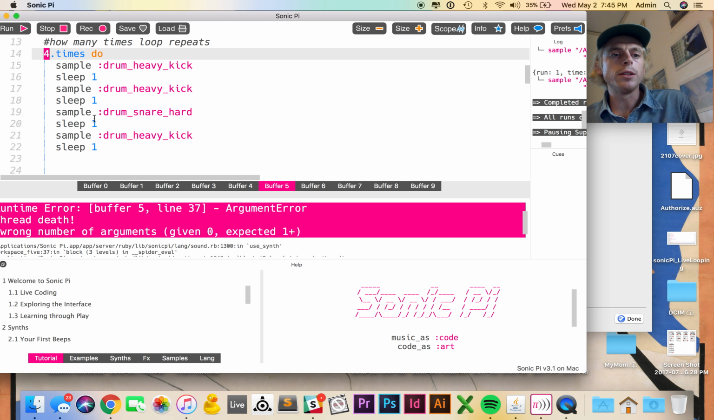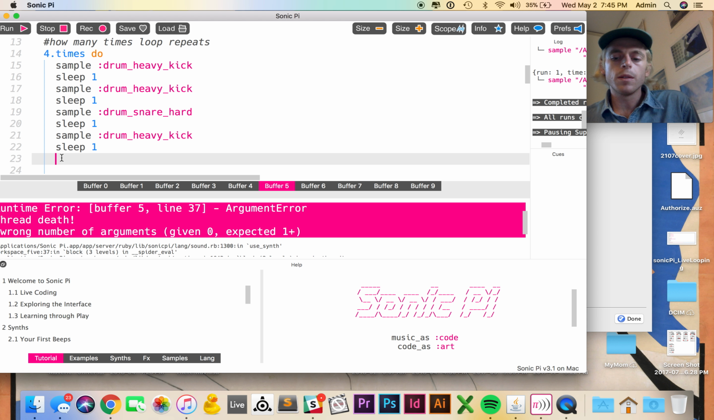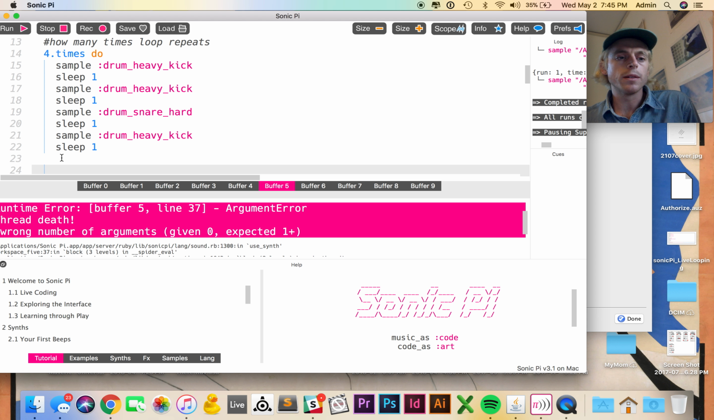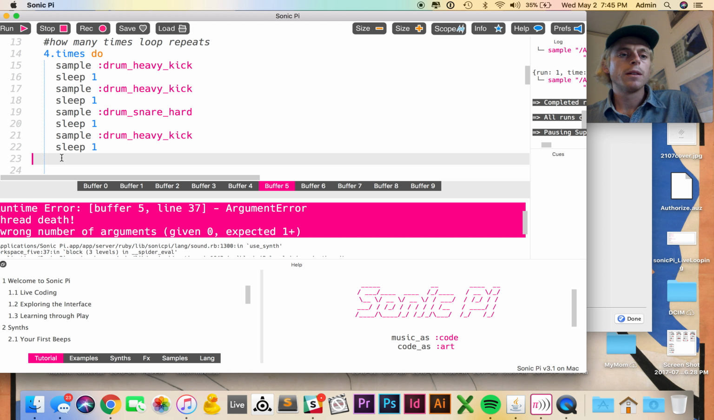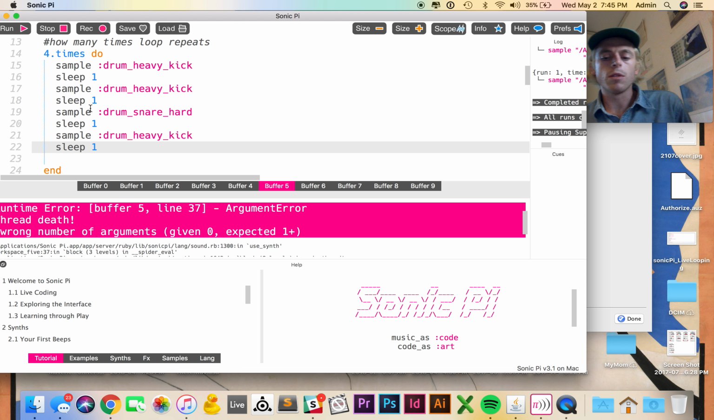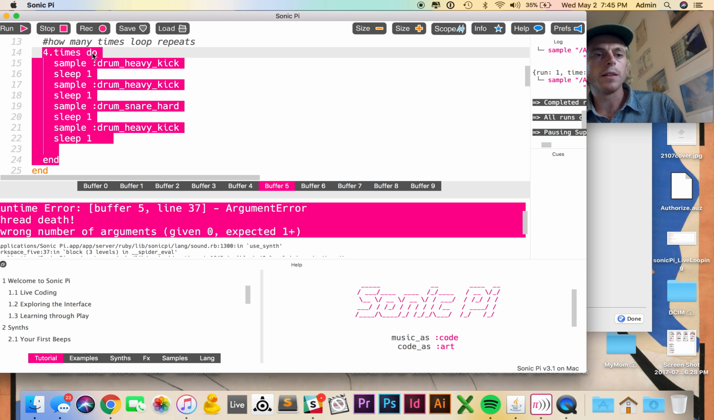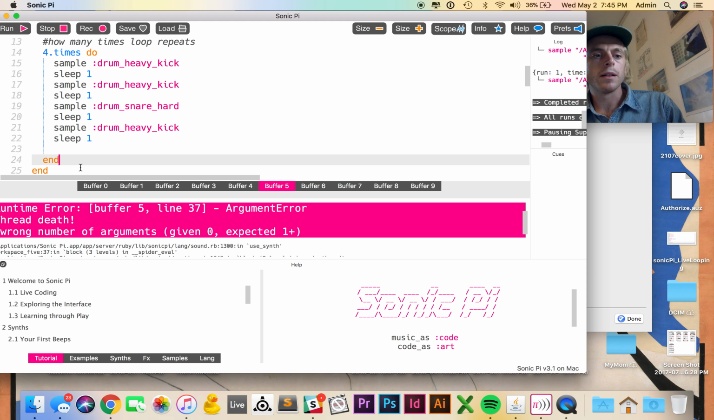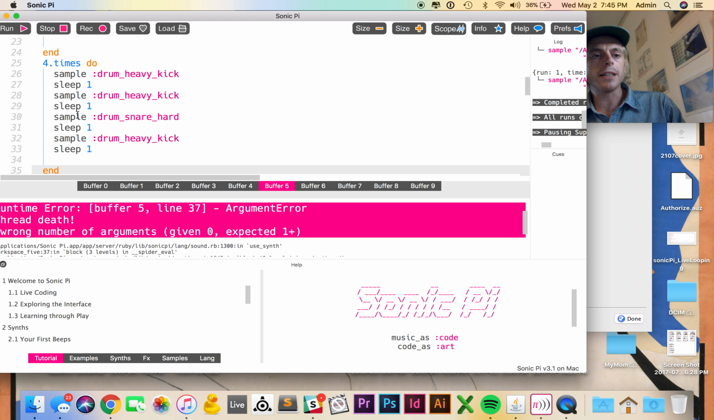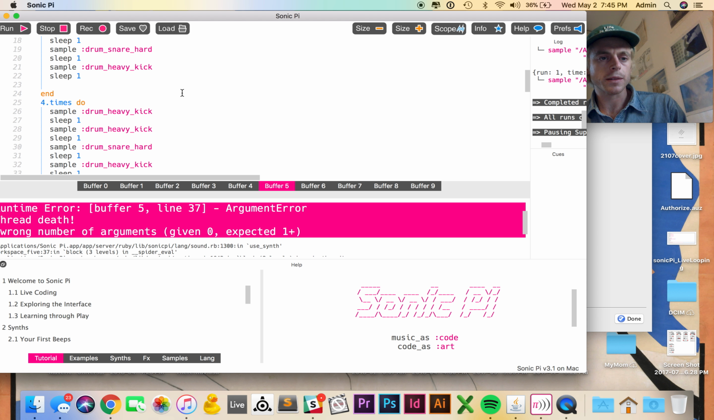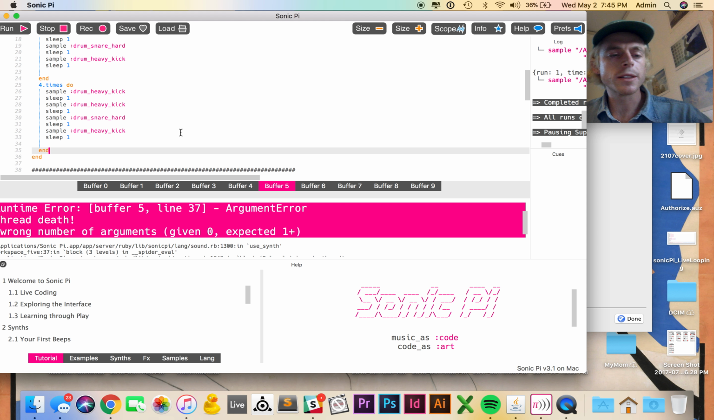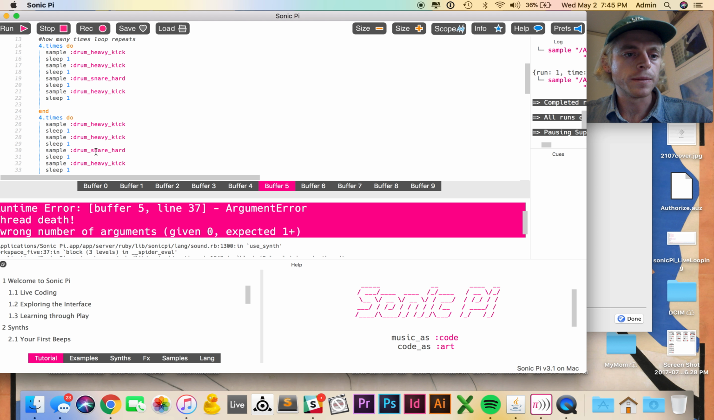So if you wanted to change the drum pattern after 4 loops of this, what we would do is copy and paste starting at where we're ending this do statement, paste it, and then you could just change something about the second loop. Like instead of choosing a snare, we could make it